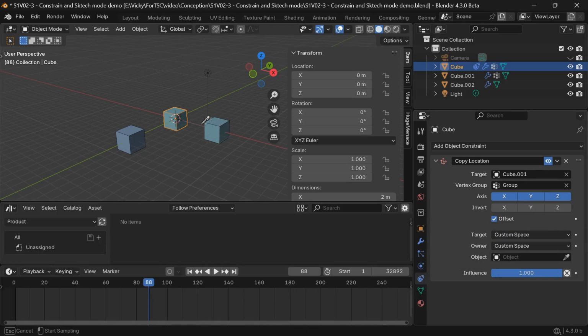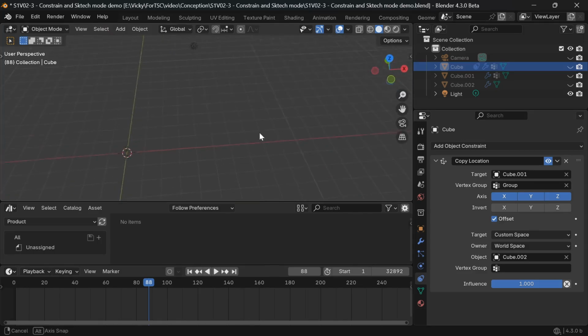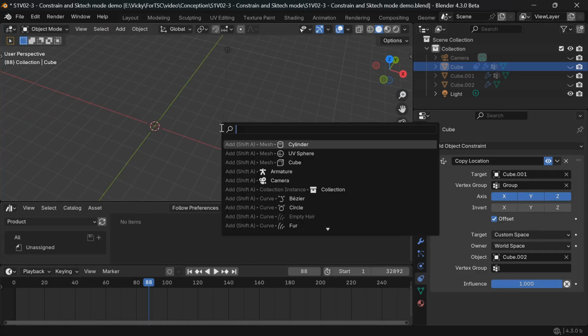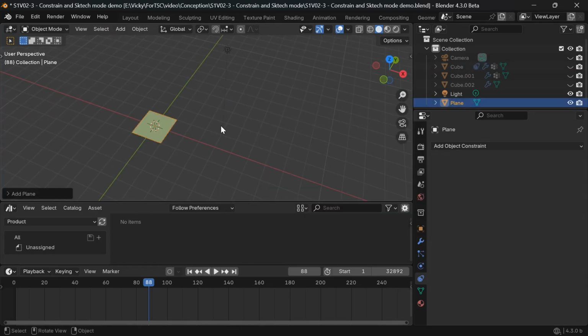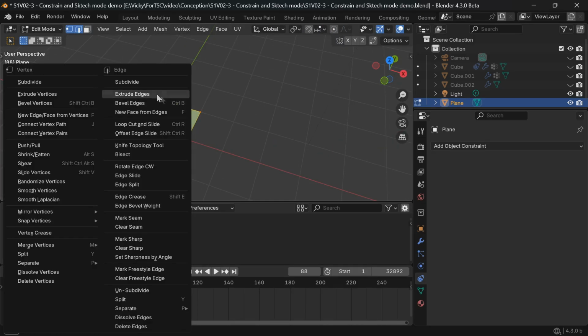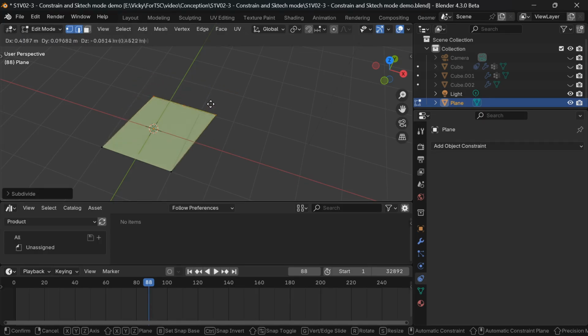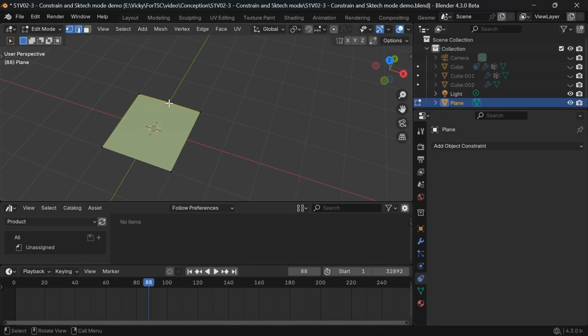I hide all the objects we don't need anymore, add a plane and go in edit mode. The first thing is we can split all the elements. With a right mouse button click, a big menu appears. This menu depends on the element selection mode you have. Since we will extrude a plane, I keep only vertex and edge. Maybe you have Subdivide in the menu. Like that, we create new elements well connected to the mesh.